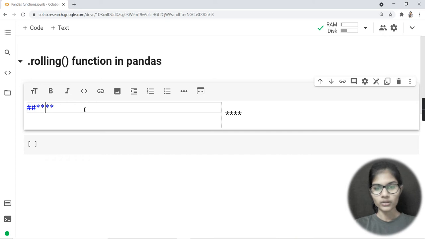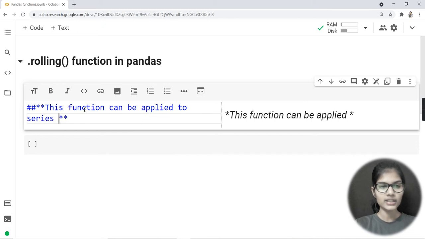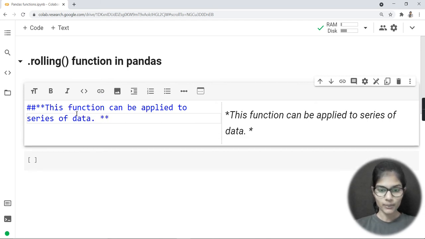The role of this function is that it can be applied to a series of data. Whenever we have a series of data, this function can be applied to it. Now, what is the procedure for applying this function?